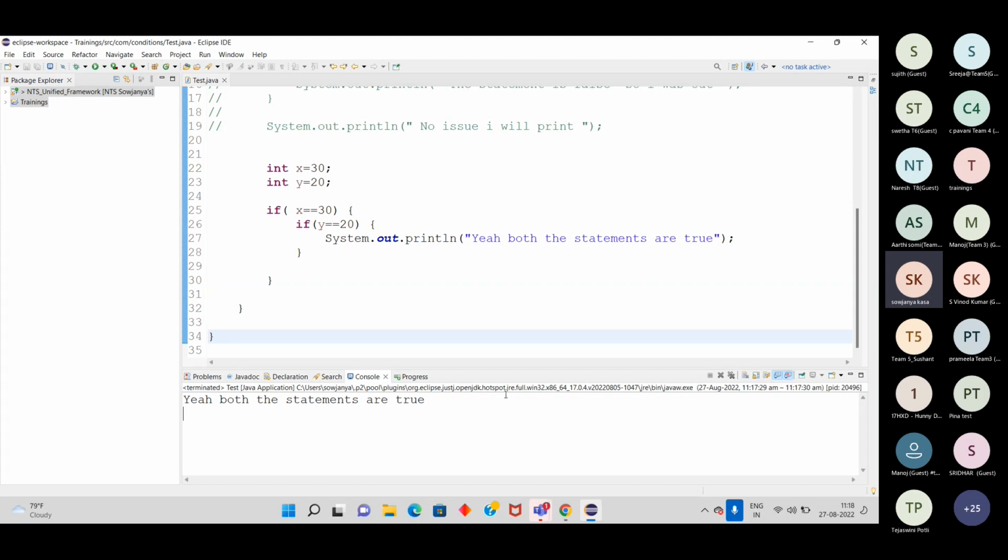Okay, first of all, nested if is something where we are giving a condition inside a condition. We have the first condition as x is double equal to 30 and y is